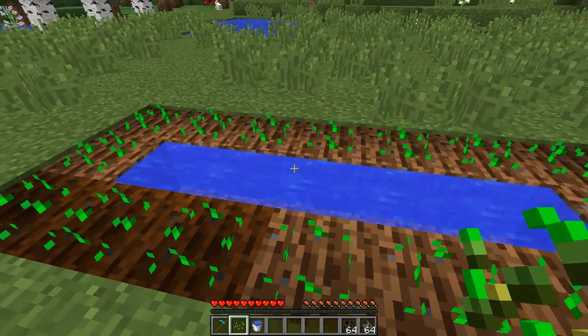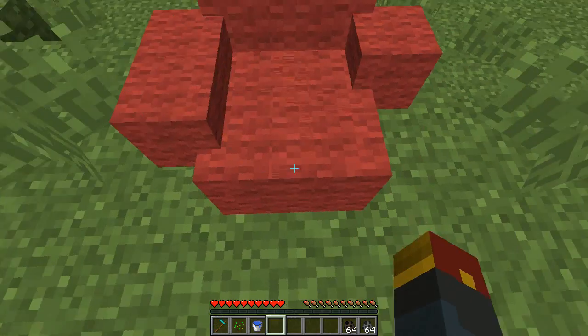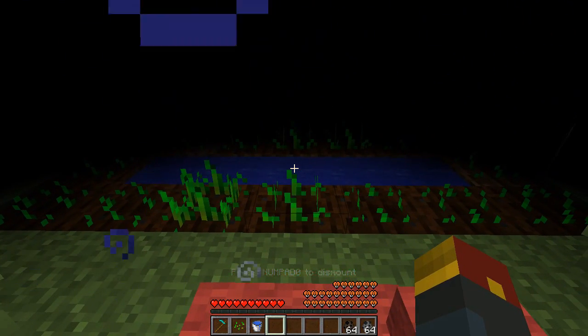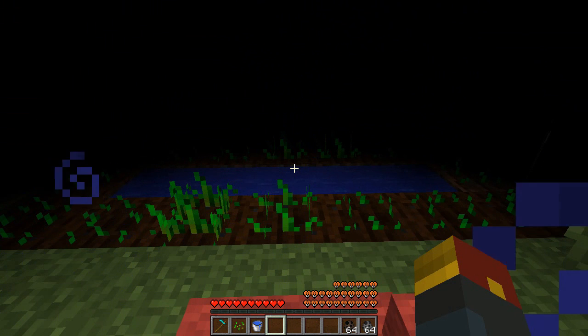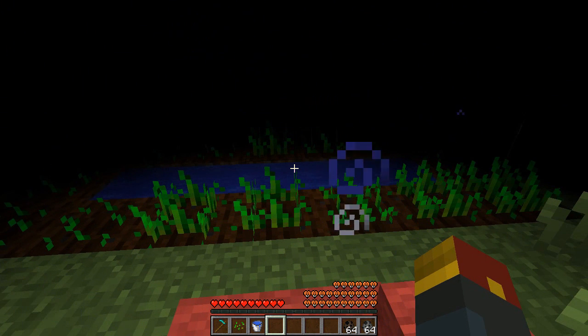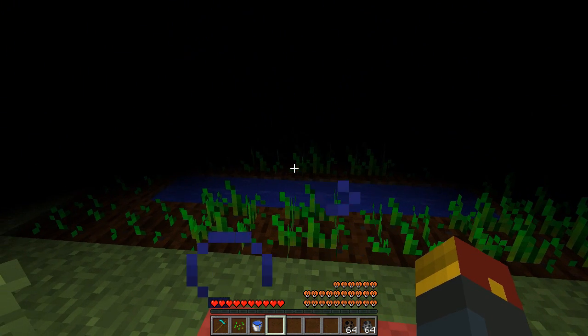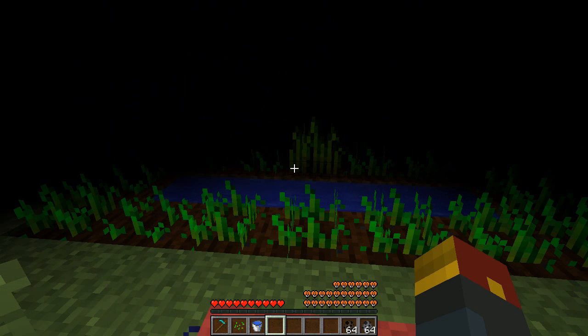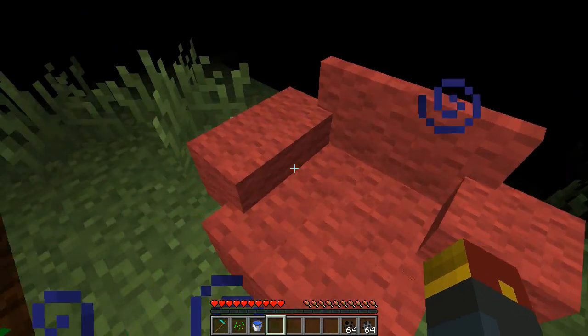So what we have here is a bunch of crops that have just been placed down, and upon sitting in the lazy chair, you'll notice, look, they all begin growing absurdly fast. Time is literally passing around us at an accelerated rate while in the lazy chair. This is going to be an amazing thing you can add to your world if you want to be able to get your crops going faster, the sun and the moon moves faster, and honestly, you just have a really